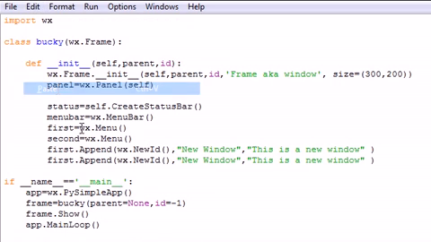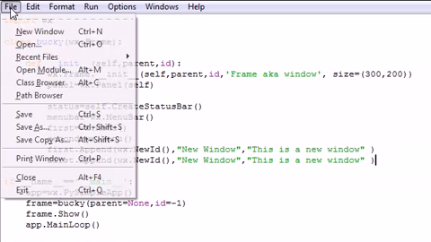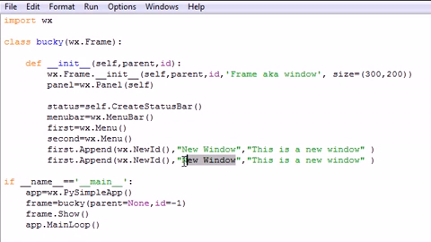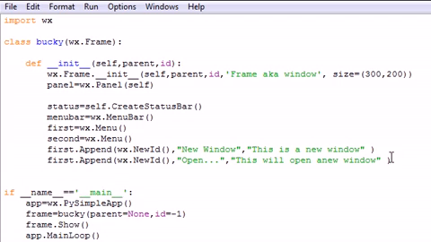Copy, paste, first append new ID, what's this, open with three dots. So let's go ahead and write "Open..." and write "This will open a new window." It doesn't matter if I spelled it wrong. So what we did is create a menu bar, two menus, and in the first menu we added two things,